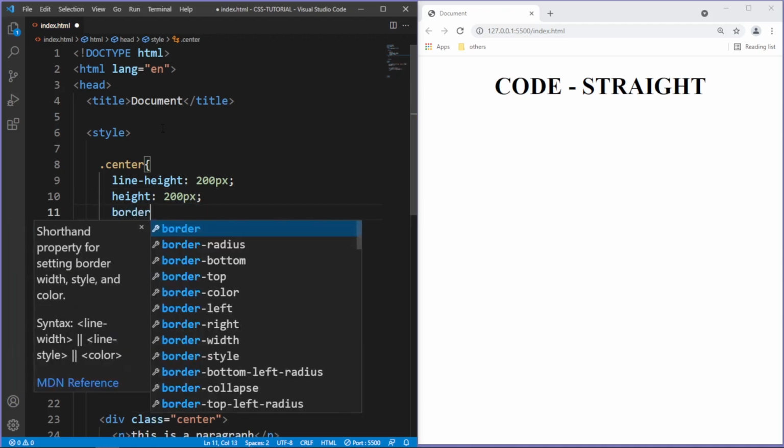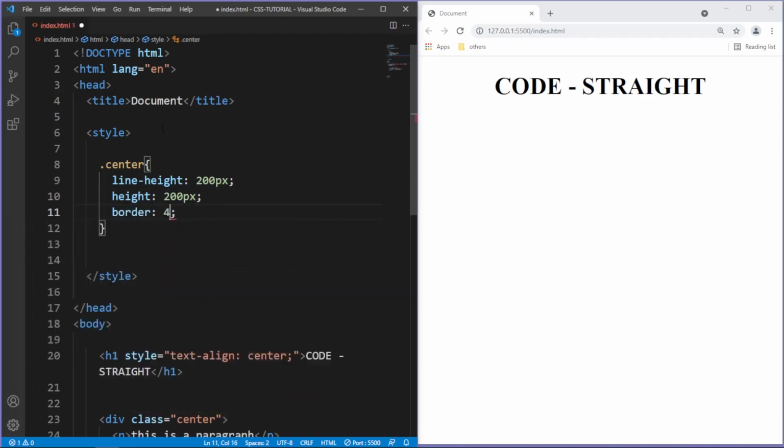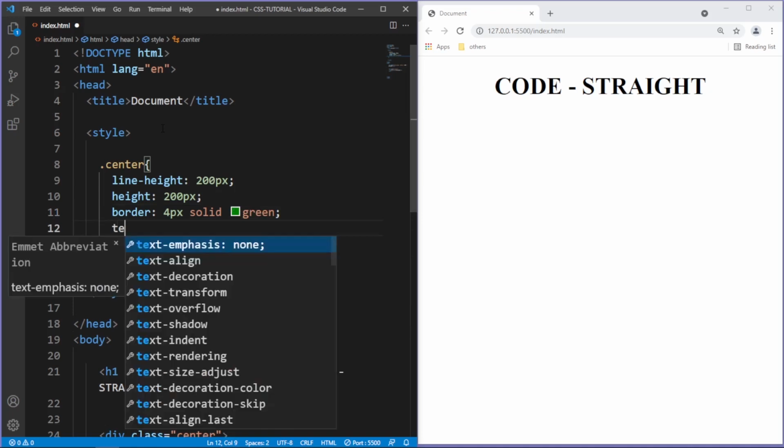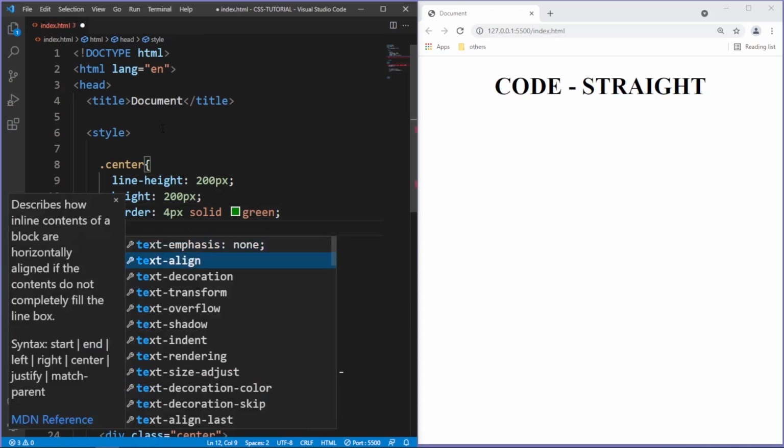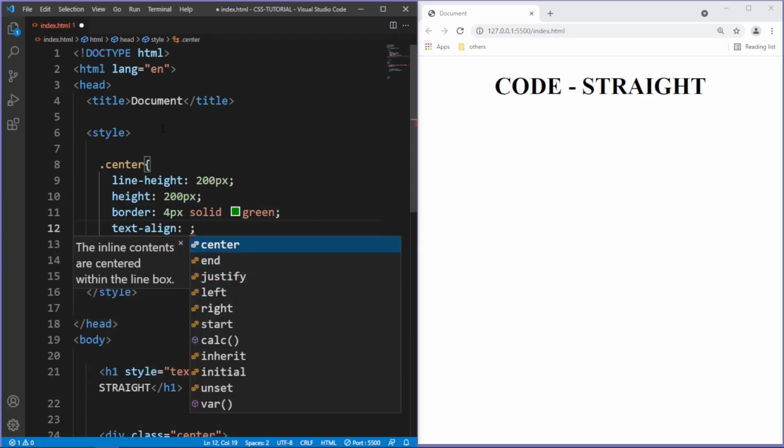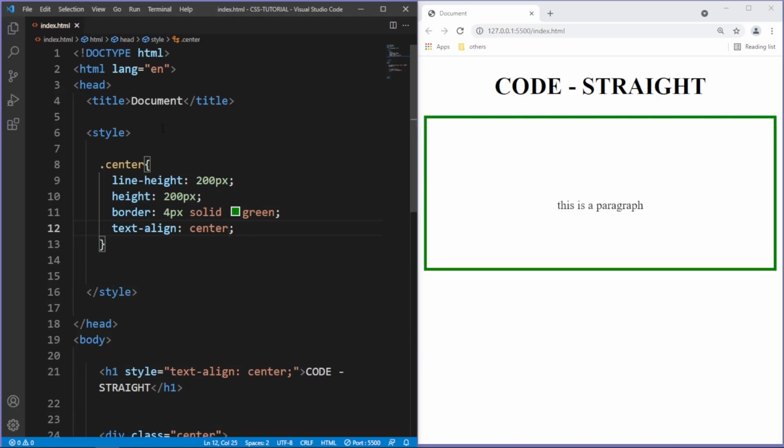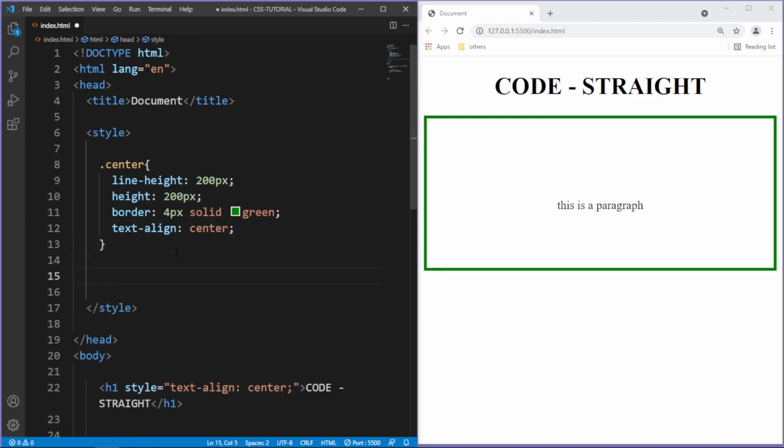I'm also gonna give it a border of 4 pixels solid green, as well as text align to the center. Hit save, and this is one of the ways that you can center your text horizontally,